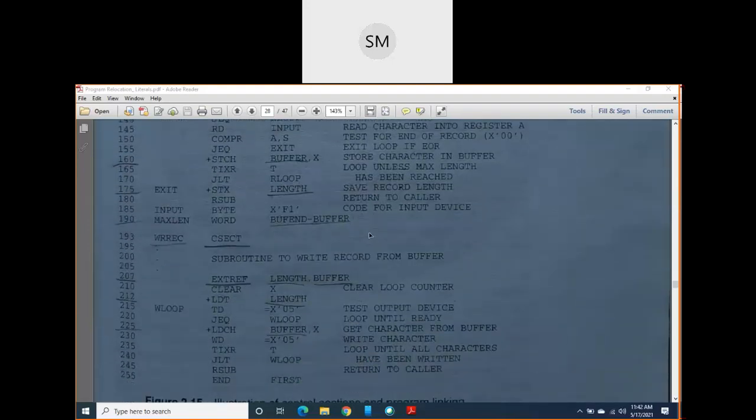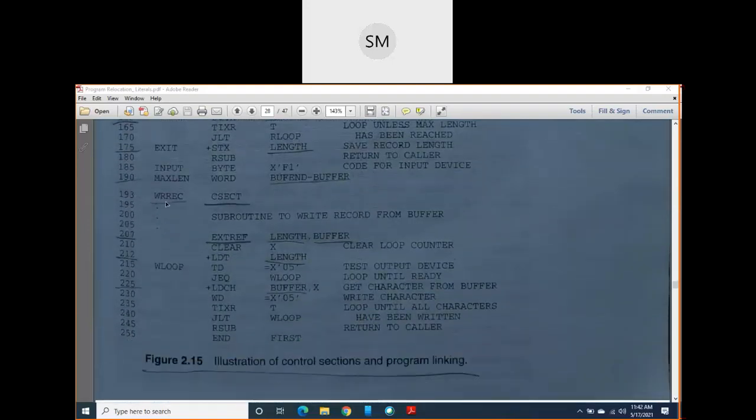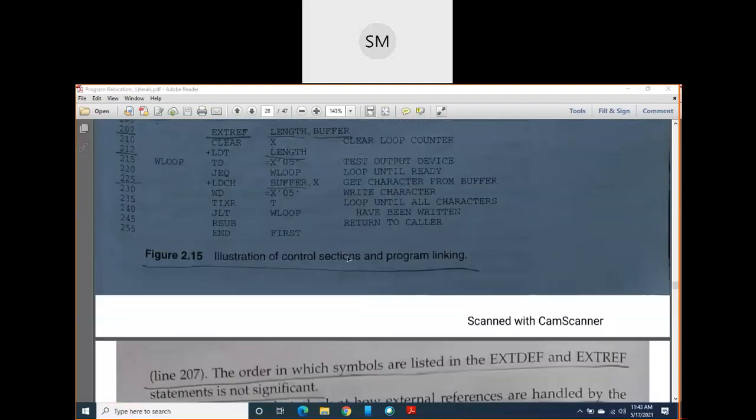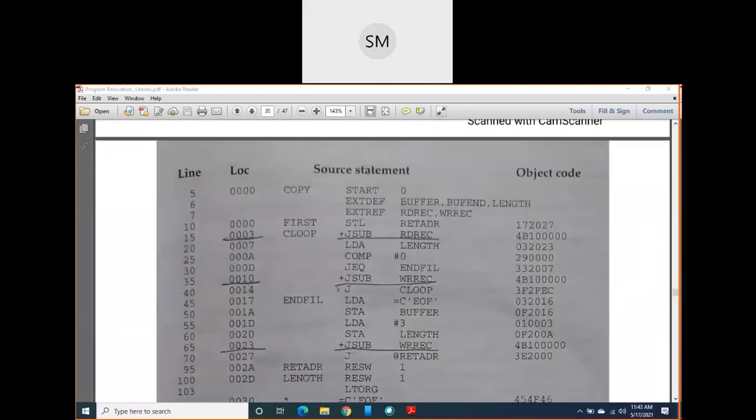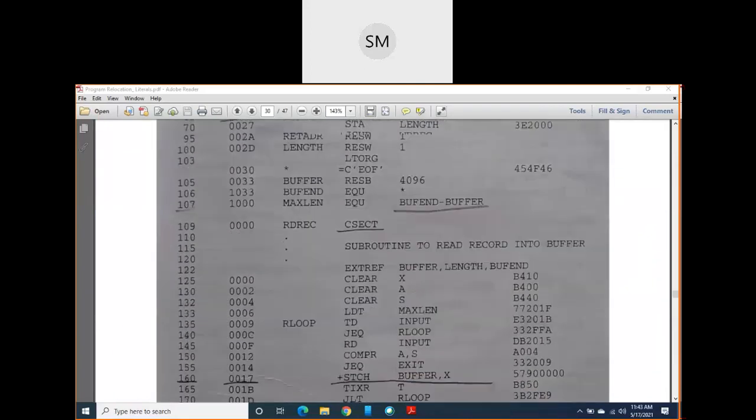Similarly, in the control section write record, these symbols are used here, but they are defined in some other control section. So these things we have seen, and you have also generated object code for this program that I am showing you here. And how to generate this object code, I also told you.